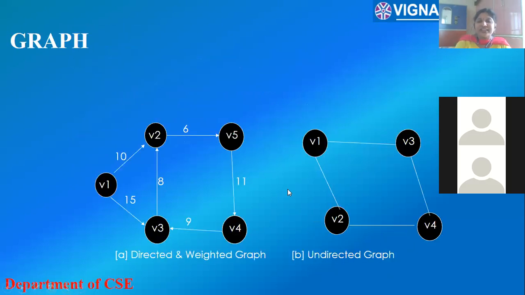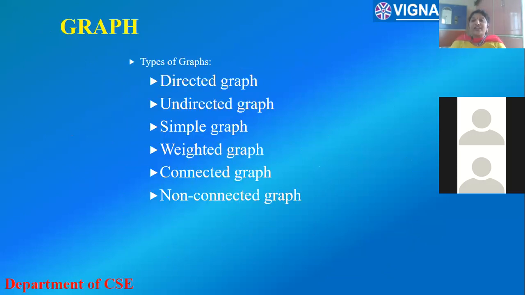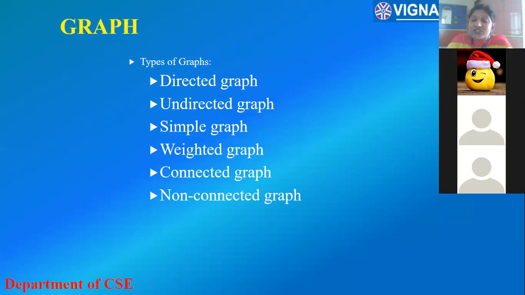So see here, this is another example graph. Normally these are the types of graphs I can have. As you already know, a graph is an ordered pair of a vertex set and an edge set. That means a collection of vertices and a collection of edges will make a graph. What is a graph? A collection of vertices V and a collection of edges E will form my graph G.